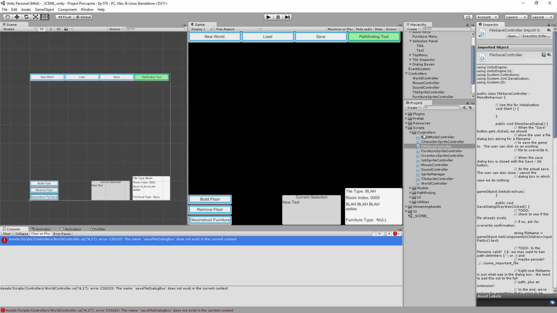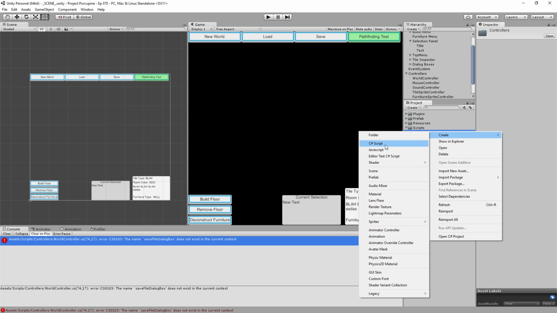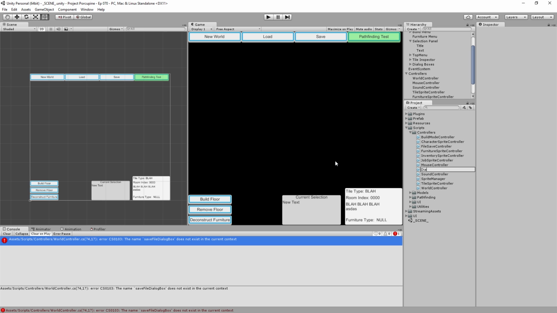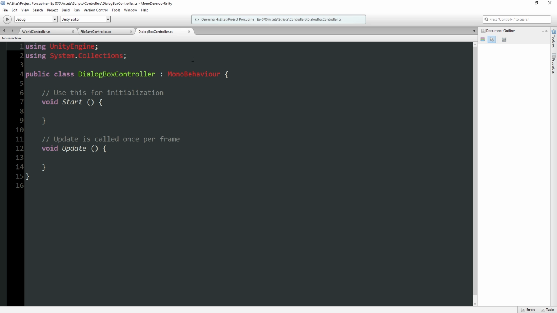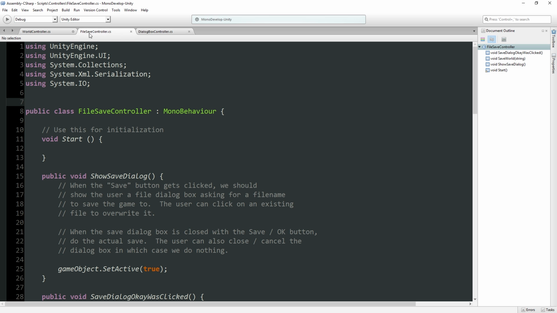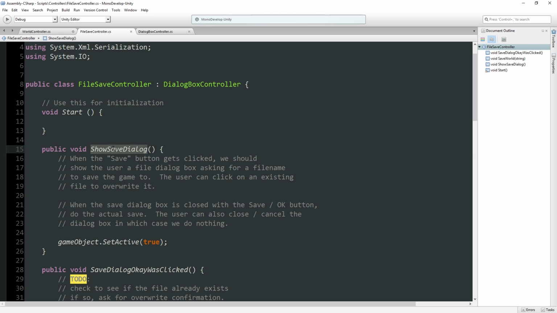We're going to create another class over here under controller. Actually, that might be under UI or something like that. We'll put it here. We'll probably move things around a little bit later. But what if we can set up some sort of thing called Dialog Box Controller? Right? Open this up. And the idea being that our file save controller actually derives from that. So then we could have here, instead of show save dialog,